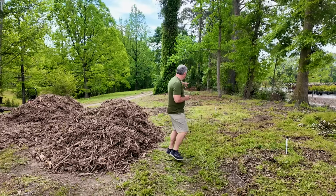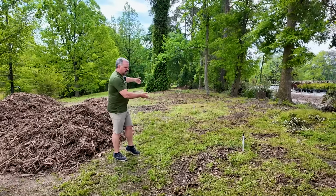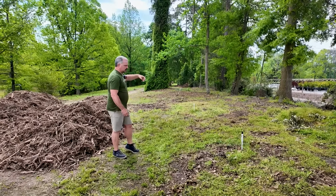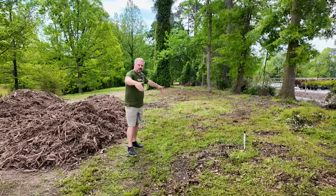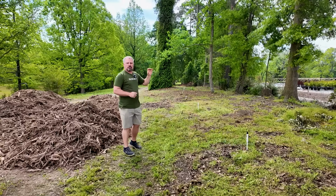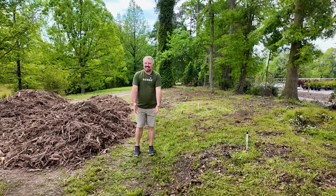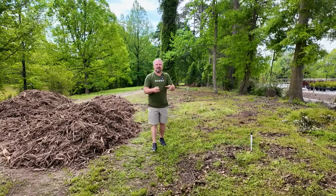We have an irrigation pipe that runs through here already. They had used this in the past at the nursery for something, don't know what. We're going to have access to this irrigation, and once we lay out the paths and we figure out where everything's going to be, there will be irrigation in these beds. This is sandy soil here, and because of that, occasionally we're going to need to water, even what